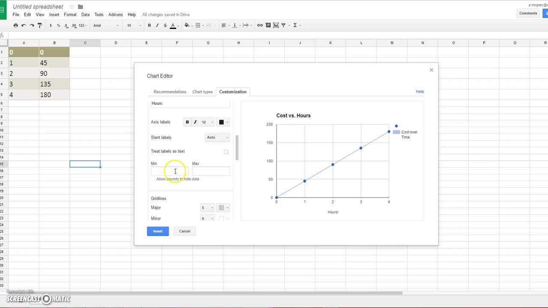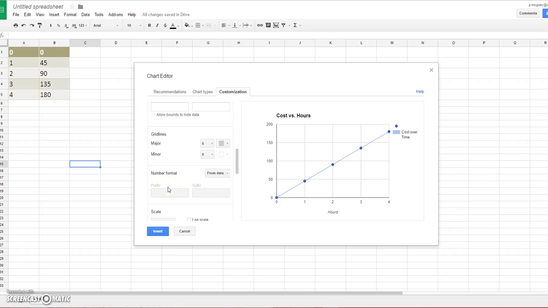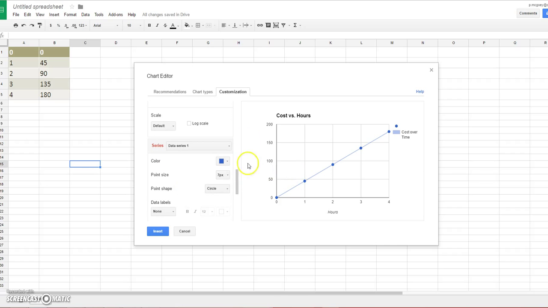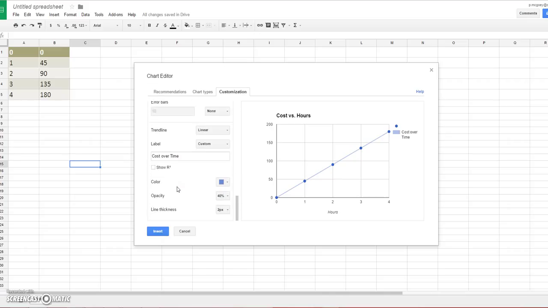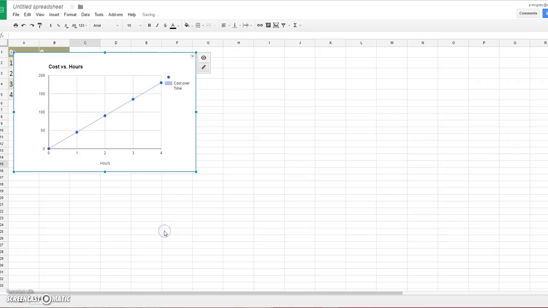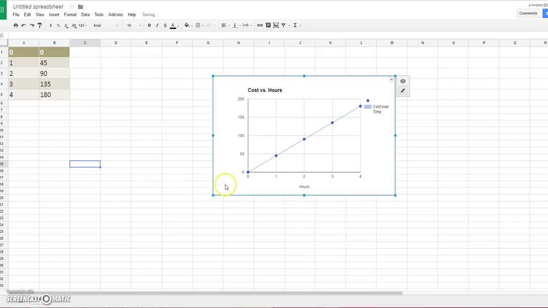Okay. All right, so that gives you the basic idea, right? You can format it a little bit more if you want to add the cost over here. Okay, that's basically good. So we can do that. All right, so now I've got my cost here and my hours here. Okay. Finally, well, not finally. Next, you've got